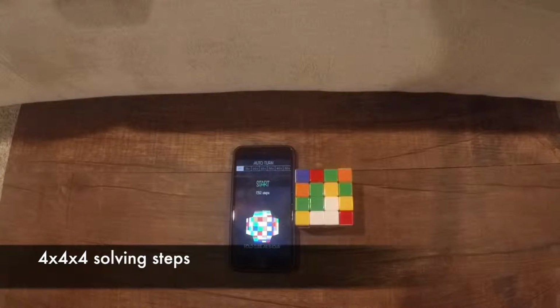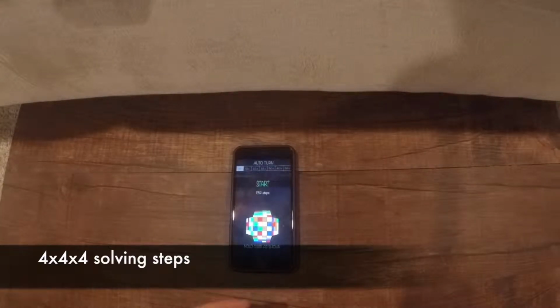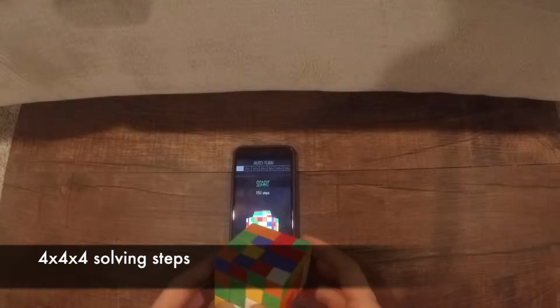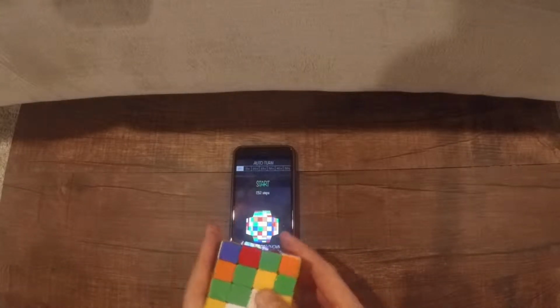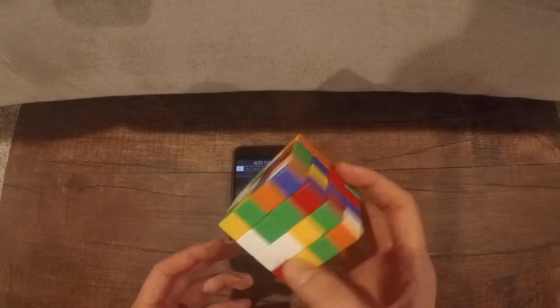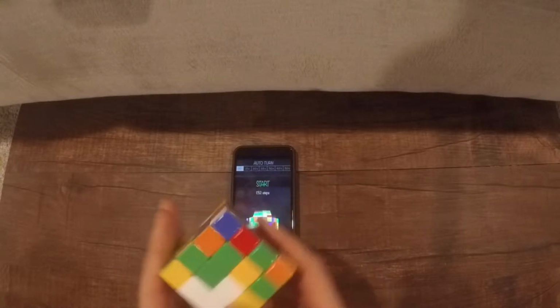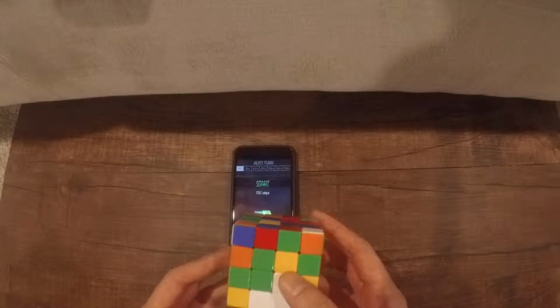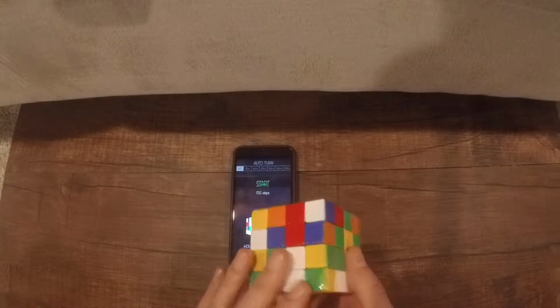Okay, so now it's time to solve. You've probably noticed that it's a lot more steps than maybe you're used to. Expect about 120 to 140 steps. It's actually not that bad considering the complexity of the cube, but I'm going to try to make it better with each release. So just to give you a reference of what the solving is going to be like,